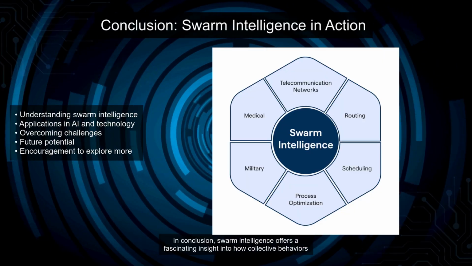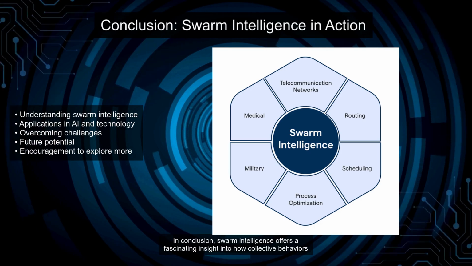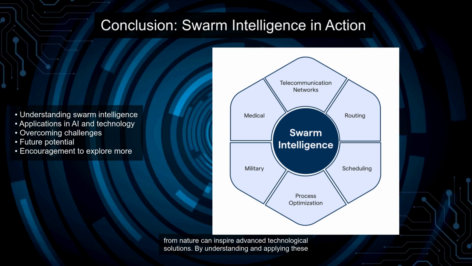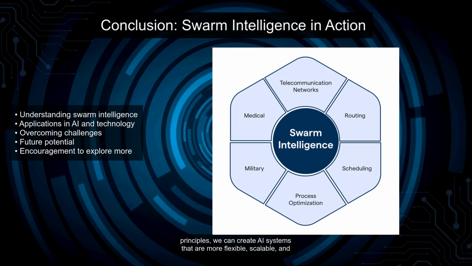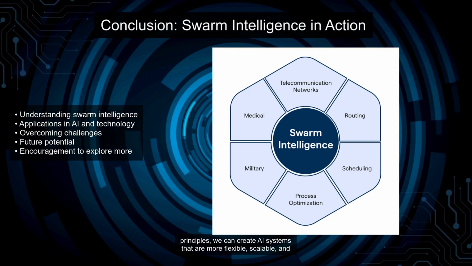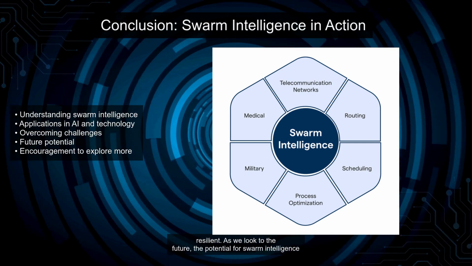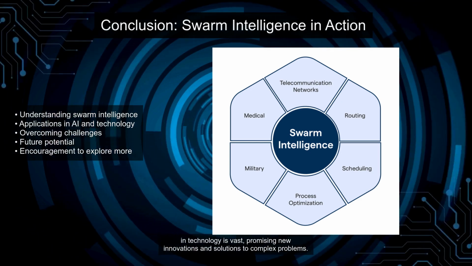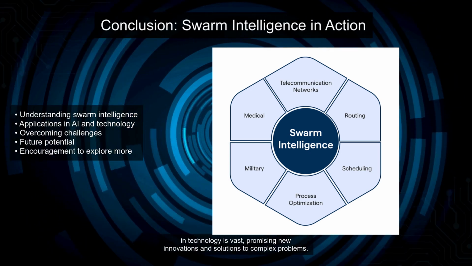In conclusion, swarm intelligence offers a fascinating insight into how collective behaviors from nature can inspire advanced technological solutions. By understanding and applying these principles, we can create AI systems that are more flexible, scalable, and resilient. As we look to the future, the potential for swarm intelligence in technology is vast, promising new innovations and solutions